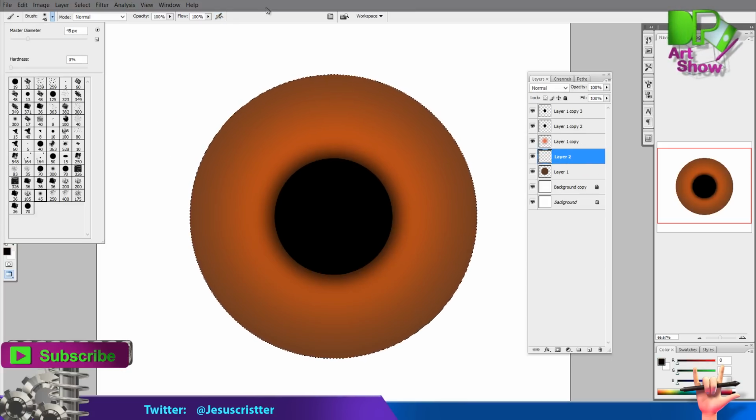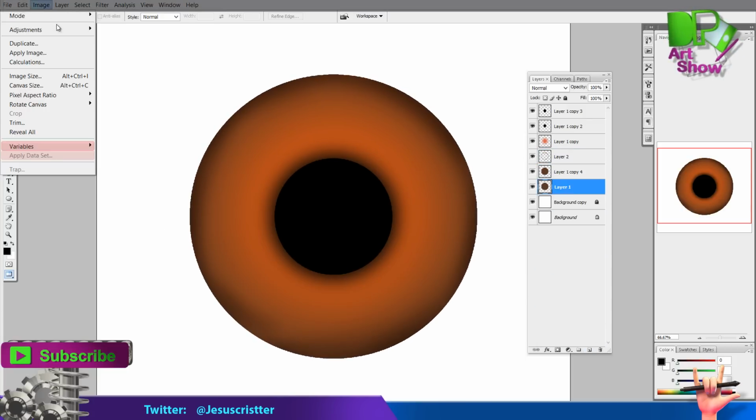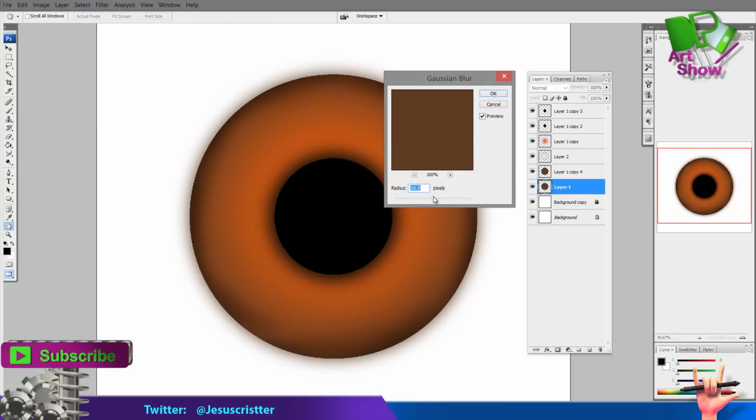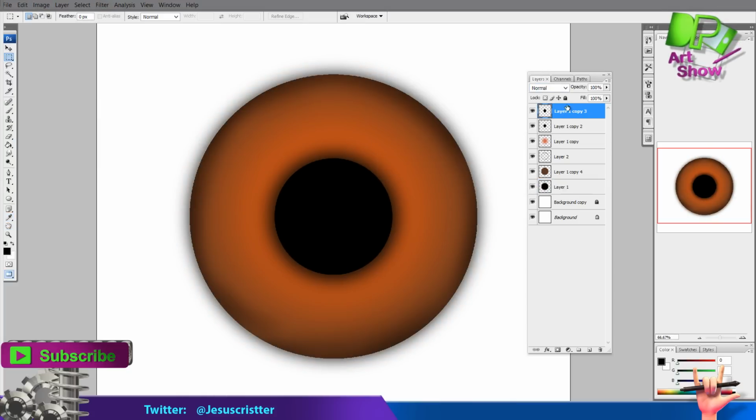Now I need to put a dark ring on the eye, so I just selected the bigger circle, and with the soft brush that we used at the beginning, I just put some dark color around, but I don't do it perfectly because I need that kind of randomness. And I also noticed that there was a little bit of dark soft ring